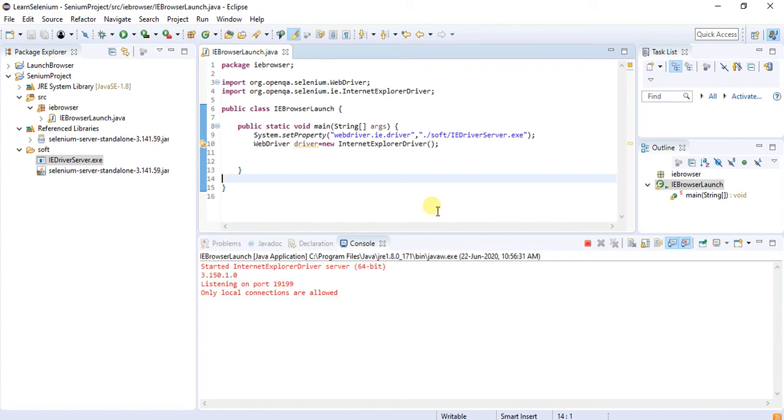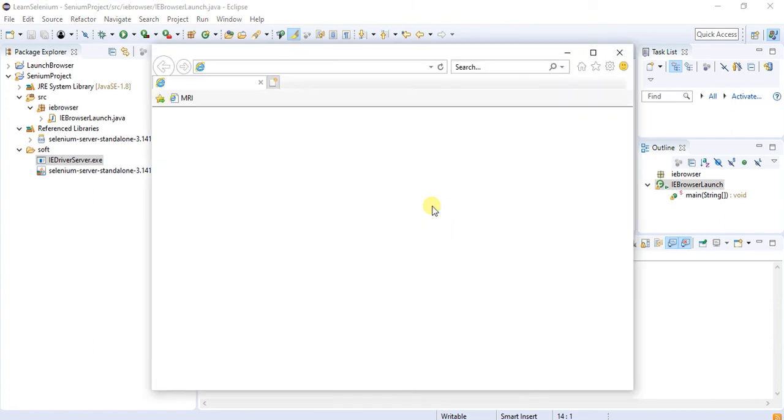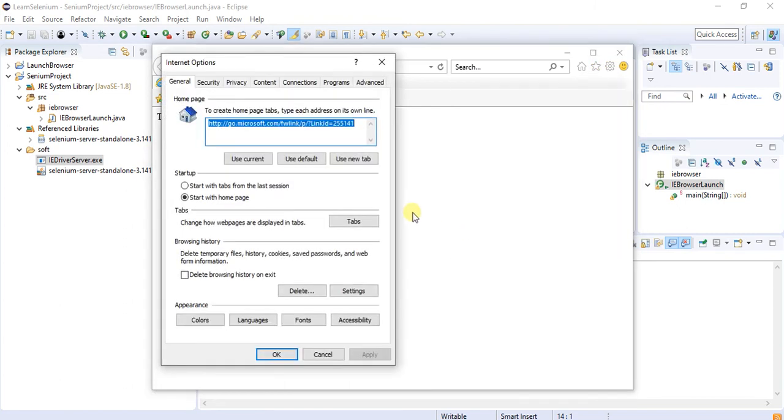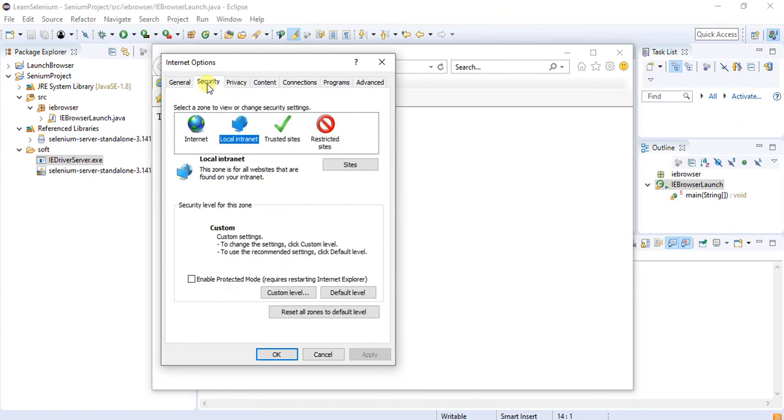So it is going to launch the IE browser. It has been launched. So we have to do some settings over here. Go to the settings, click on the setting option. You will find internet options. So go to the security over here, and there are four zones available: internet, local intranet, trusted sites and restricted sites.